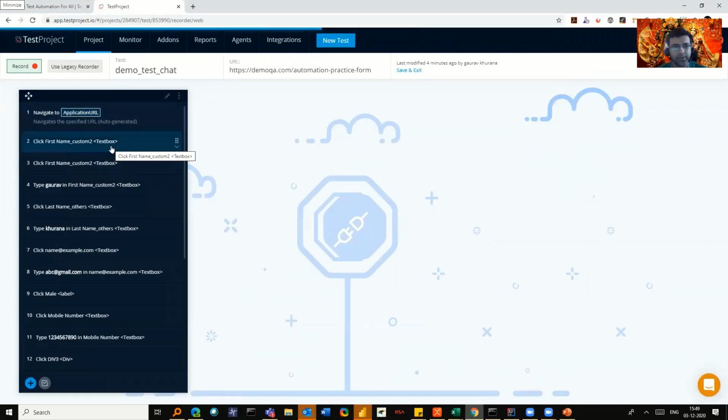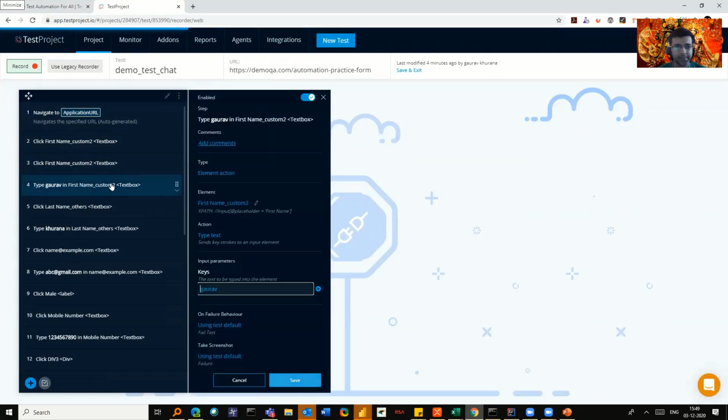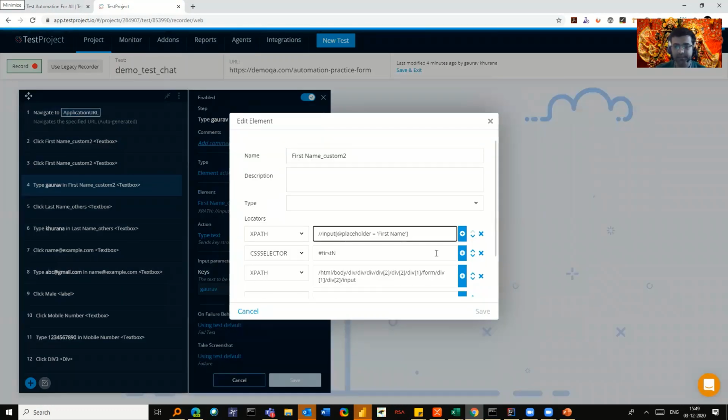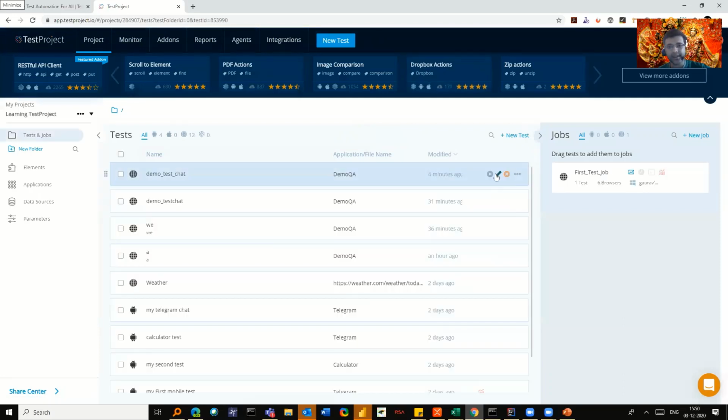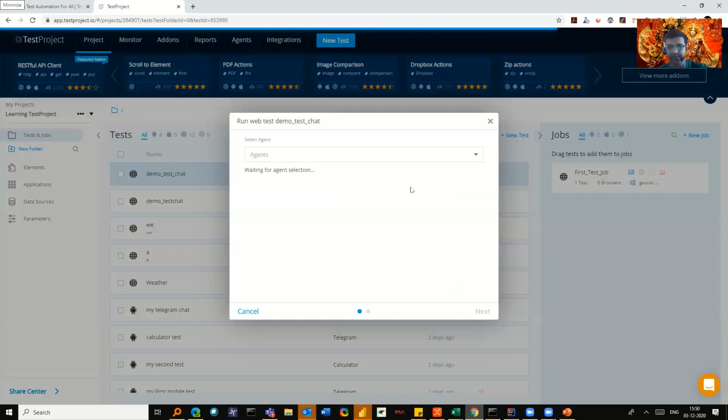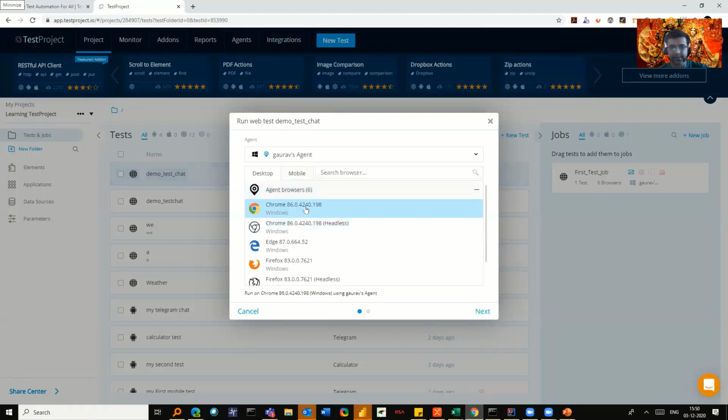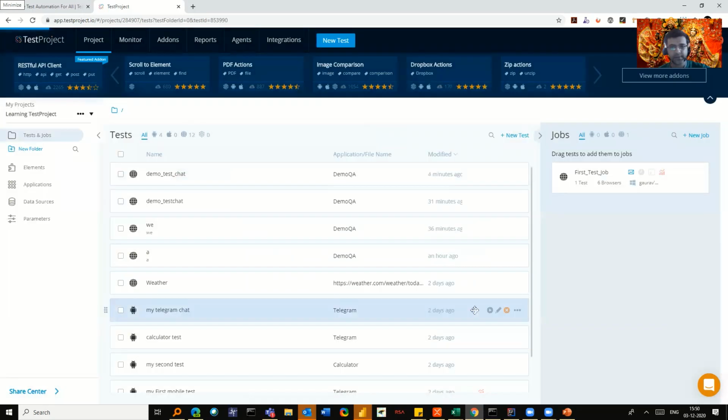And if you make a little mistake over there, right? For example, in this step, instead of first name, if I do a spelling mistake here by mistake, like suppose I just mistyped it. Though it does this automatically, if you want to optimize your XPath and you misspelled something, for example I misspelled this first name, and I'll close it. So when I run that, suppose I'm running it as of now, it asks where you want to run. I showed you how we can do the multi-browser thing. So let me run it.